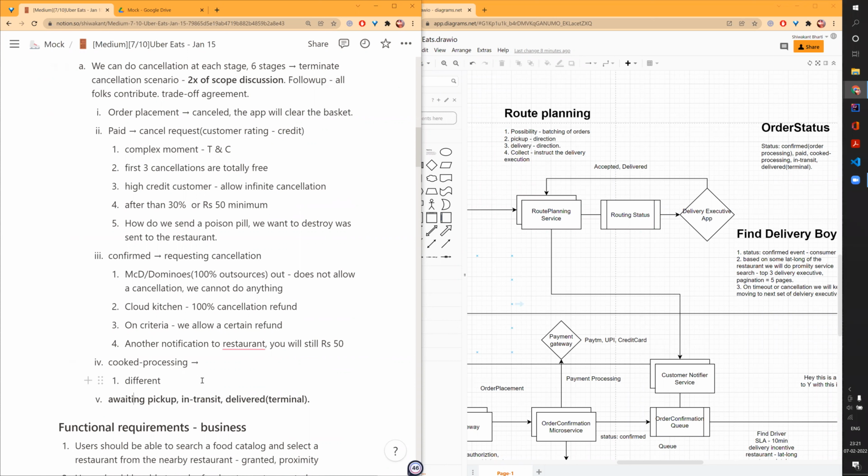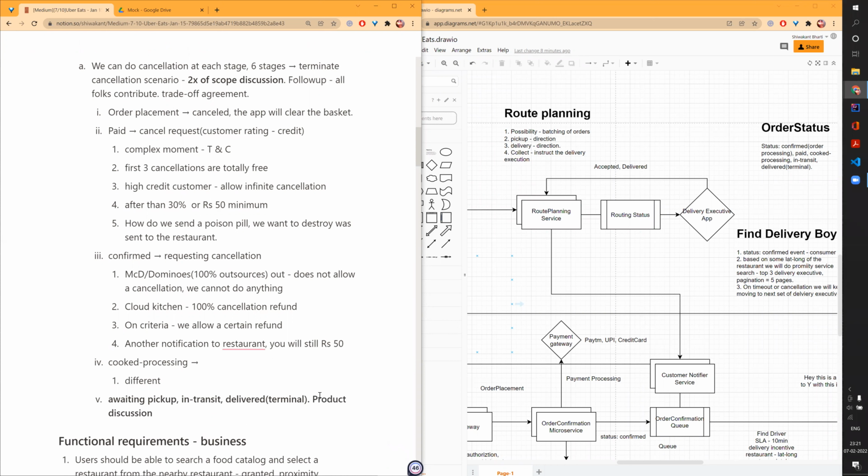To the delivery executive, we will have to say, hey, don't come now, go back wherever you are. And if they are in transit, they are already delivering, what are we supposed to do with that food? And if they have already delivered, these will require maybe a lot of product discussion. I don't think an engineer would be able to take a decision on what would be the right thing, because